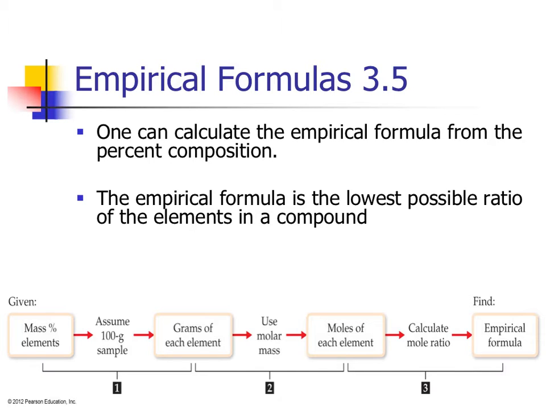This is, again, the lowest possible. It does not always tell us the actual formula. Okay? Other information that a person could get in the laboratory would give us more information,